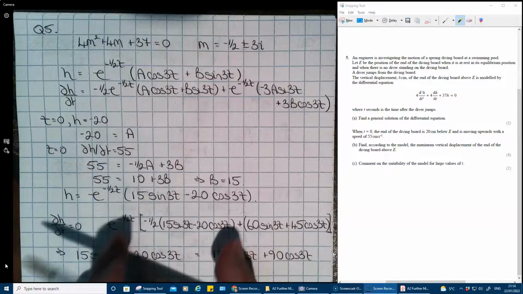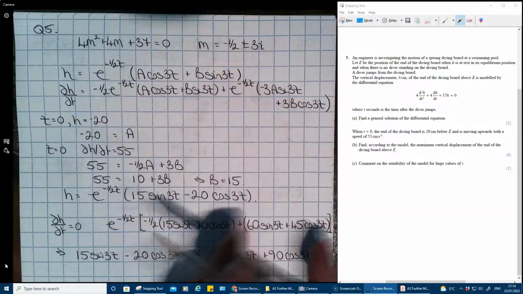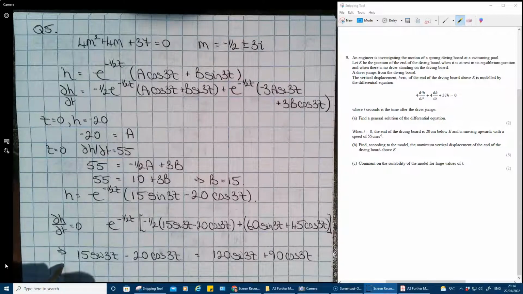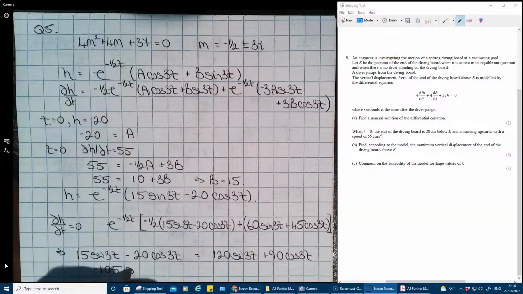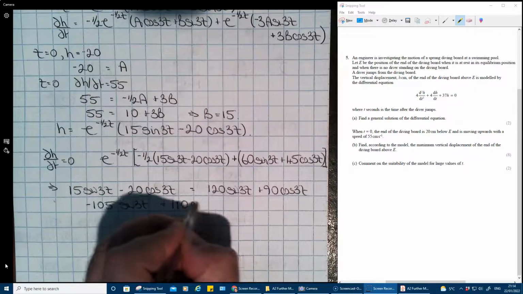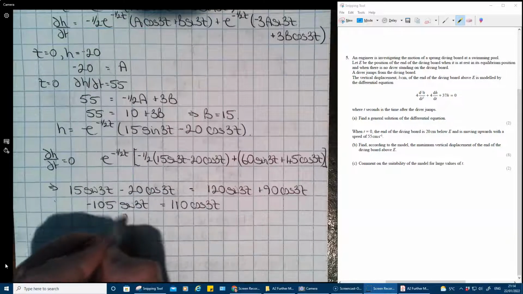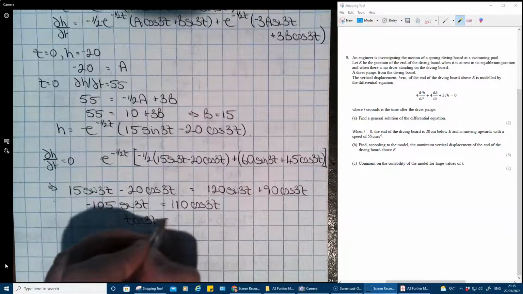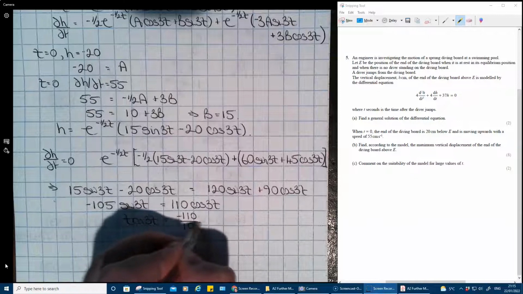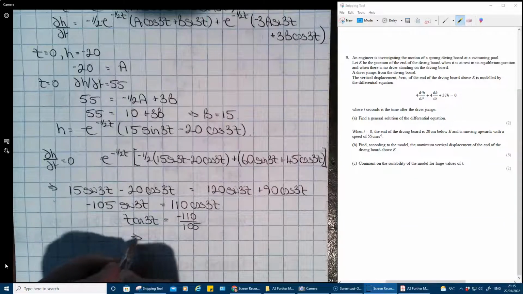So I've made this equal to 0, move that across the other side, so it's positive, and then I've doubled everything. So I've probably done 2 steps in one there. So we get minus 105 sine 3t equals 110 cos 3t. So tan 3t is minus 110 over 105, and that implies t